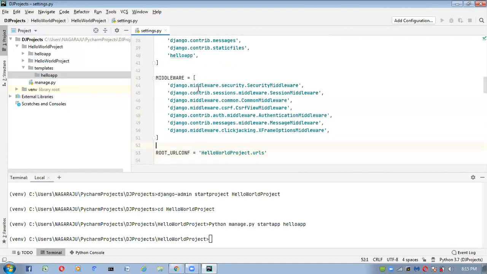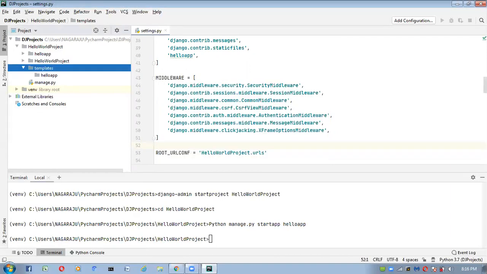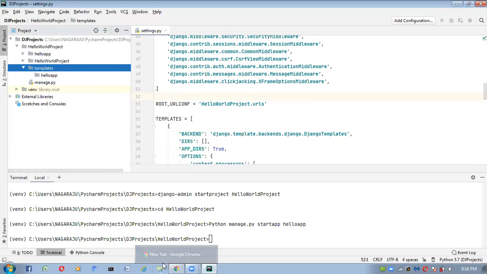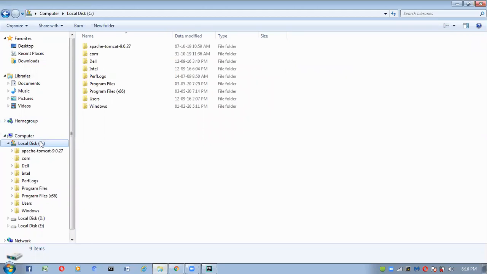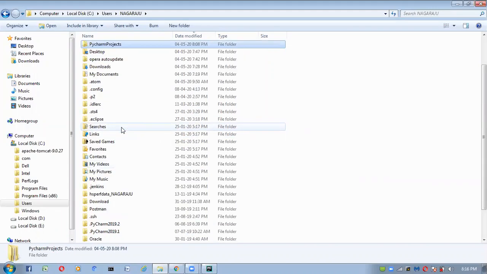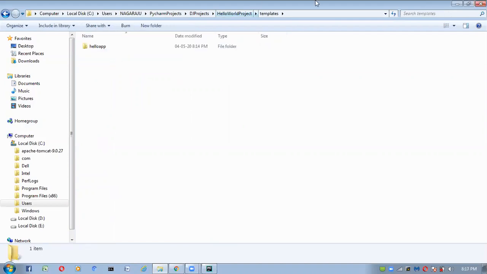See, here where we have the templates folder, this is the templates folder path. This is the templates path location.